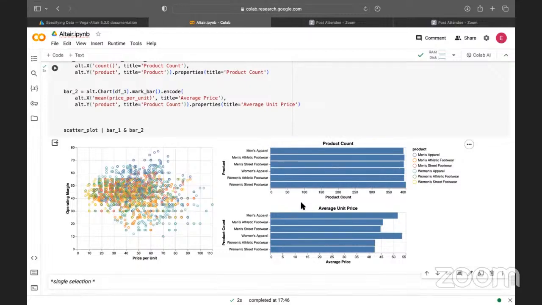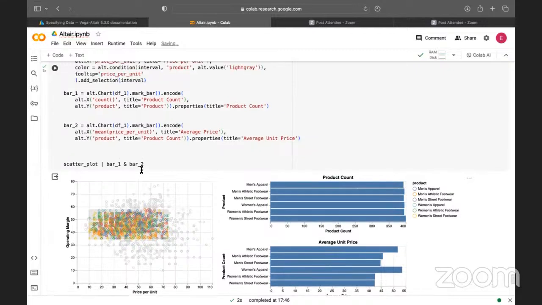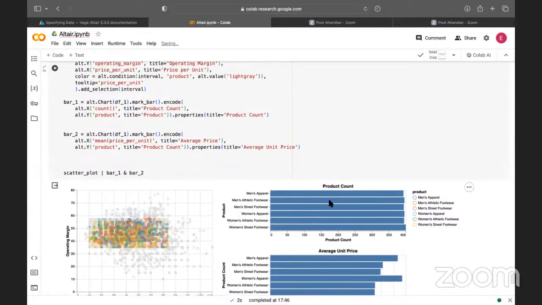But remember, we still want a situation where if we pick this, we want to be able to see what this looks like on both of these ends. So we can do that by simply using the transform filter that would tie these bars to the interval that we have selected. So one way that we're going to do that is on